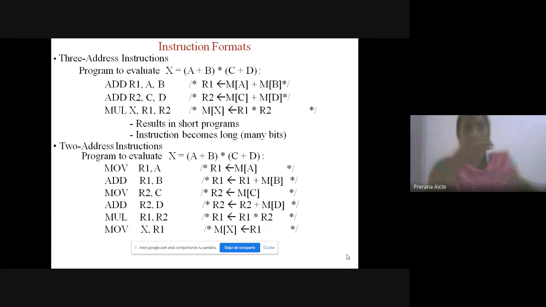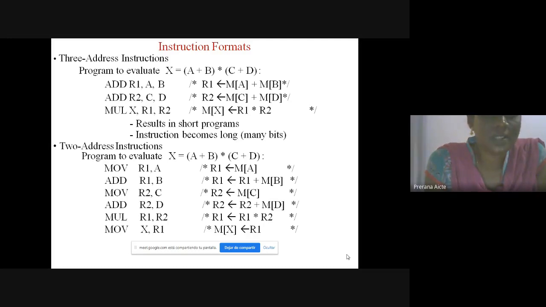In instruction formats, there are four instruction formats: three address instruction format, two address instruction format, one address instruction format, and zero address instruction format. The three address instruction format has three address fields, the two address instruction format has two address fields, the one address instruction format has only one address field, and the zero address instruction format does not use an address field.